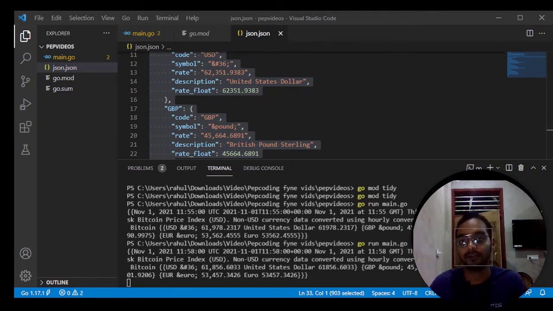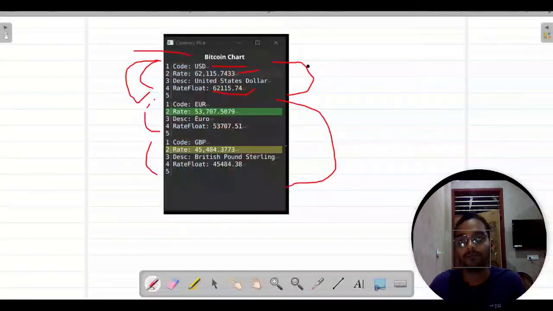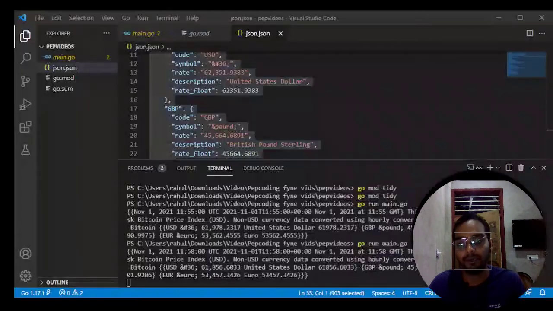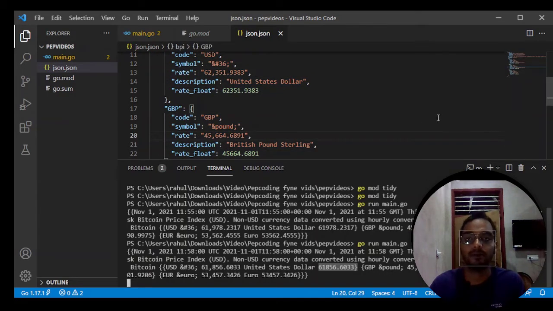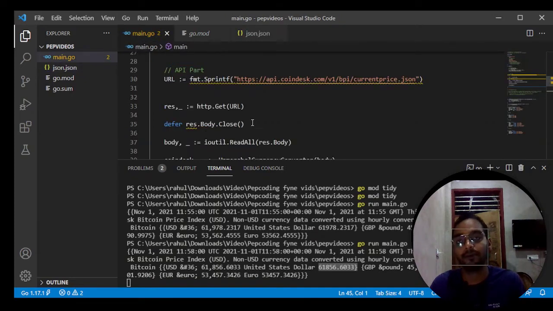So let's go back to our app, what we wished it to be. So we got all these values here. Okay, we got the US, the code, the rate in float, and the description. All these things were actually available in our API. We have this code, rate, description, code in float type. Okay. So now we are able to access the data using our API. So what we will do is